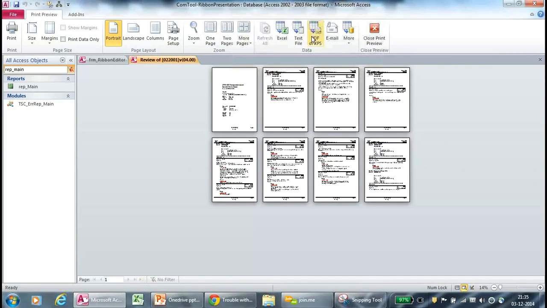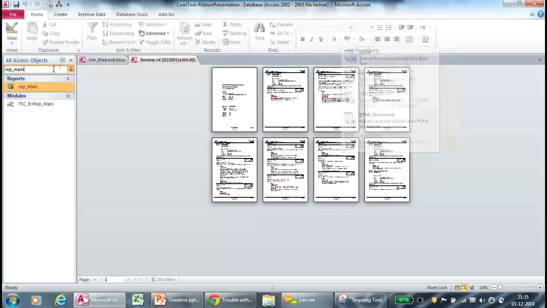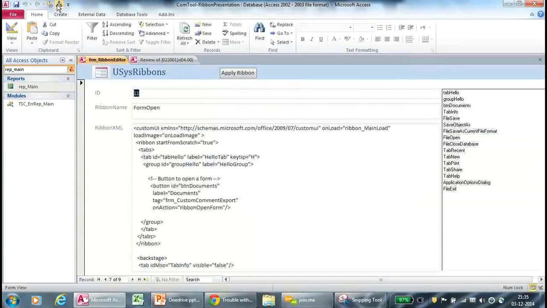I might also not want them to be able to do all of these exports to Word, HTML, email. I might want them to have the PDF option. That's pretty nifty as well, but that's all I want to have them be able to do. So if I go into my ribbon editor again,